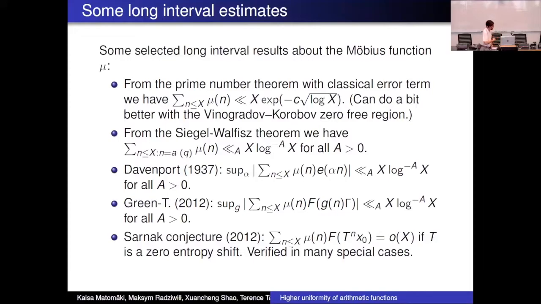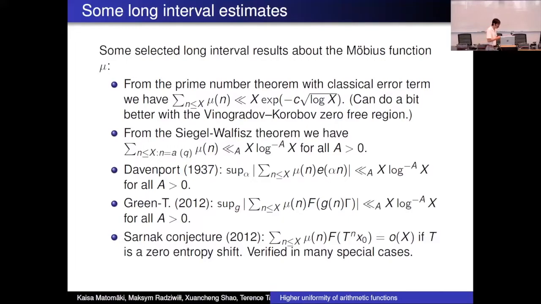And then there's this famous conjecture of Sarnak that, in fact, the Mobius function should discorrelate on long intervals with any zero entropy sequence. So if you have any dynamical system where the topological entropy of the system is zero, and you take any continuous function on that system and any orbit, the Mobius function should discorrelate with it. So somehow the Mobius function has maximal entropy, or has high entropy in a very strong sense. Okay. So this is the situation for long intervals.